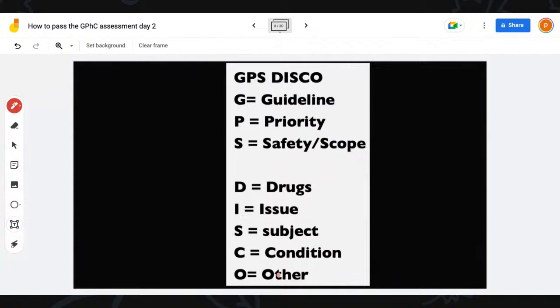And then we have other, and other is different information in the question. So it could either be allergies, or it could be something on blood results, or it could be any of those other things which we showed you could be other, right? So they might put other information that you may need.